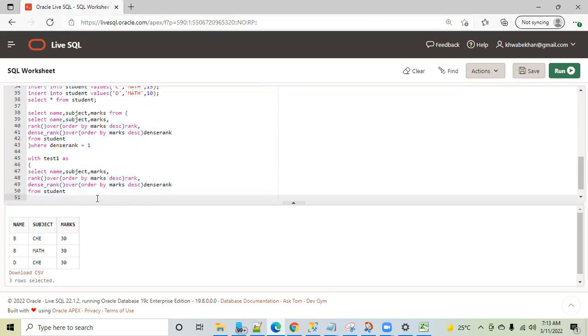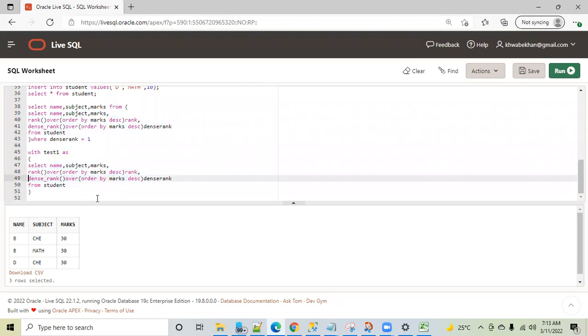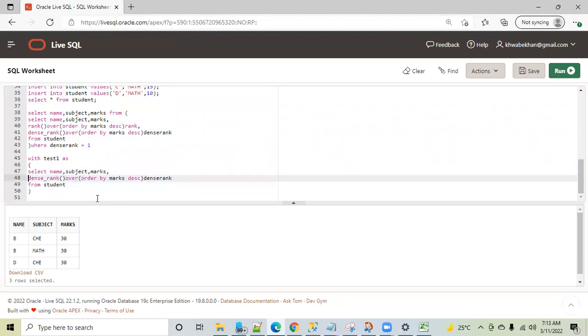Now, no need for rank, right? So you can remove this. I've written dense rank here and all this from the student table. So this is a separate thing. This is one query. Now, what I will do here,